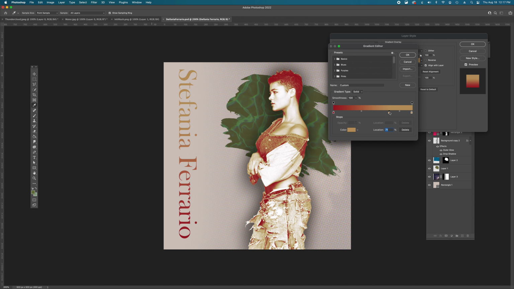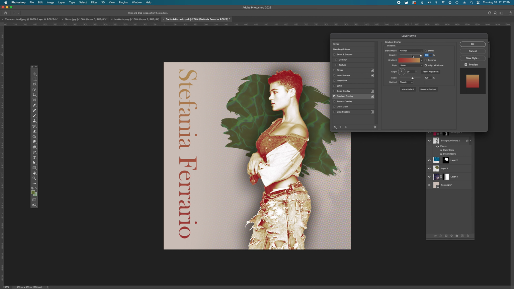If you click like I did right here and accidentally added an extra slider, you can just pull it off by pulling downward. I want to keep this a little more red than gold. So my middle point, oh my goodness, I've done it again. So my middle point is going to be a little bit more close to the gold. And I might even change my red to be not quite my darkest red, a little bit lighter